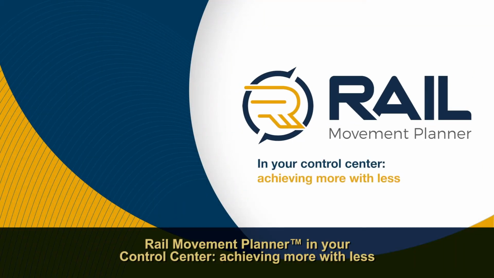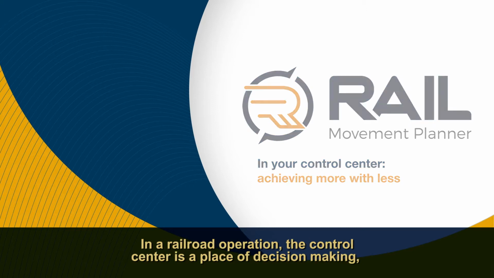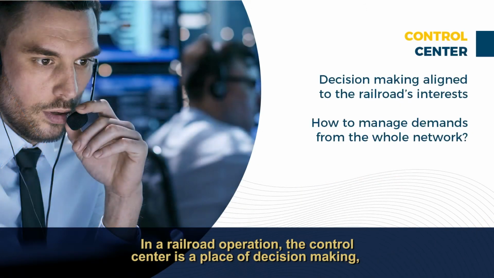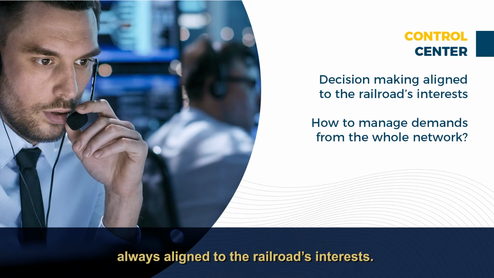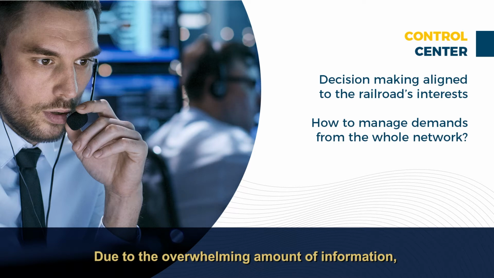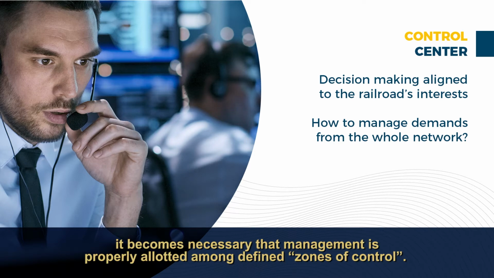Rail Movement Planner in your control center. Achieving more with less. In a railroad operation, the control center is a place of decision-making, always aligned to the railroad's interests. Due to the overwhelming amount of information, it becomes necessary that management is properly allotted among defined zones